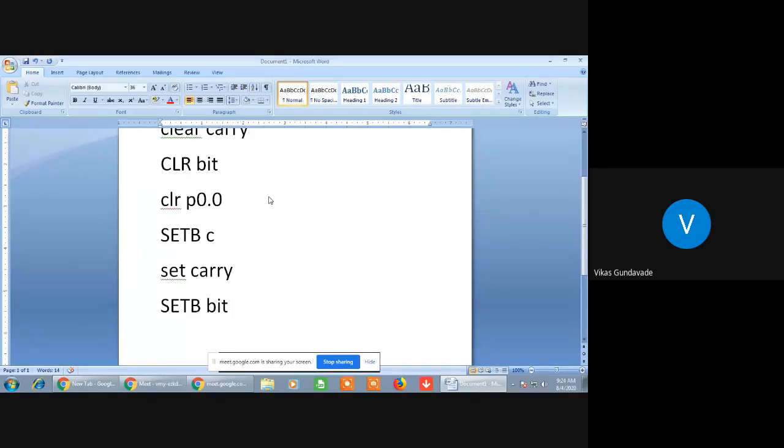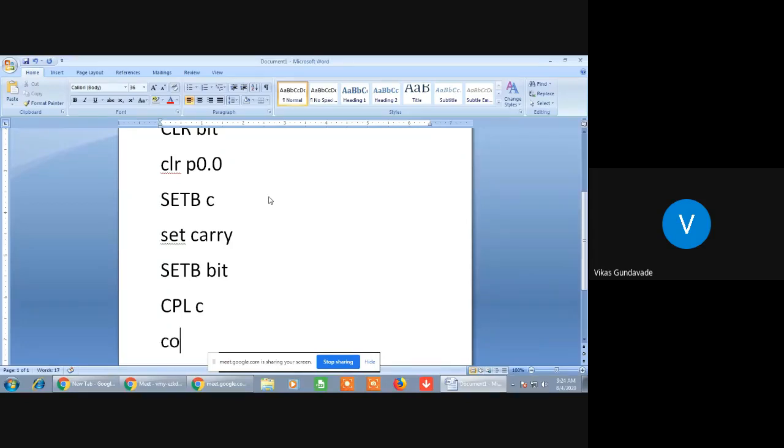The next instruction in the Boolean instruction group is CPL C. Now, what is the meaning of this instruction? This instruction will complement the carry bit.